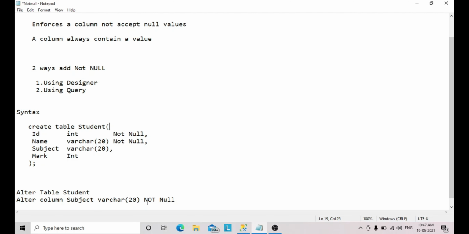This is the syntax for altering the table and adding a not null constraint after creating the table: alter table student, alter column. Which column do we want to update? Subject column, varchar of 20, not null. This is the syntax for adding a not null constraint after creating the table. That's it.